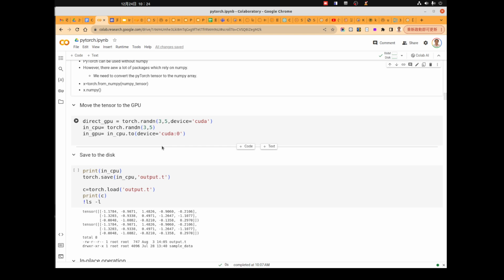So no matter whether we want to move the data or the model to the GPU, by the way, we need to understand that in order to use the GPU to do the calculation, the whole model and the whole set of samples must be loaded or copied into the GPU memory in advance before we run the program.